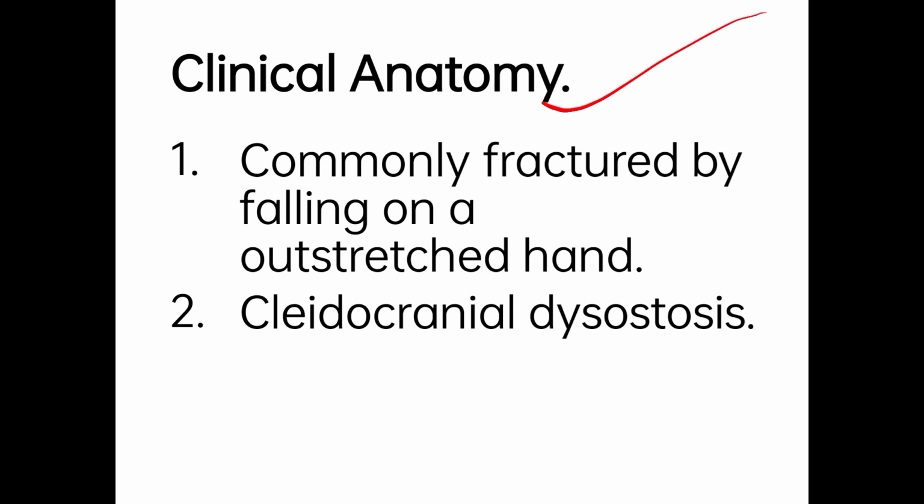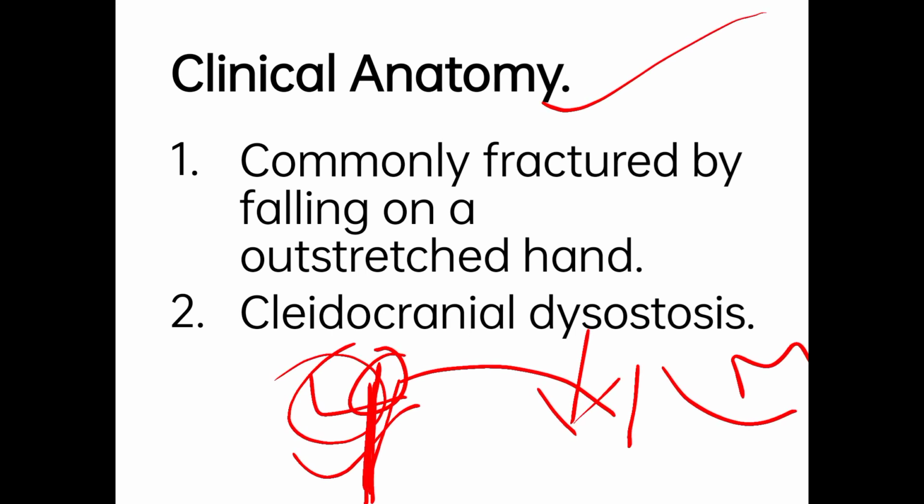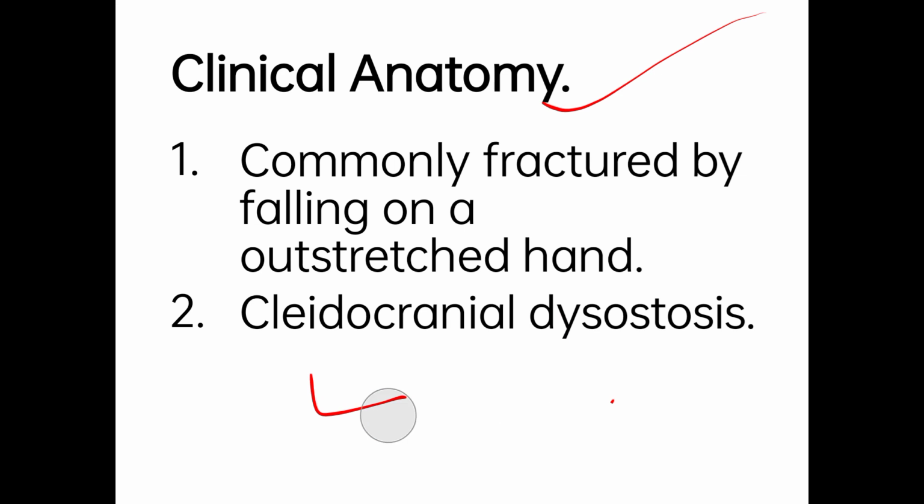The lateral fragment is displaced downwards. Now see, whenever the clavicle is fractured over here, this is the lateral and this is the medial. The lateral fragment is displaced downwards by the weight of the limb, as the trapezius muscle alone is unable to support the weight of the upper limb. Because here we have the shoulder joint and the humerus, the weight of the upper limb displaces it downwards, and the trapezius is not strong enough to counter that weight. That's the reason it is displaced downwards.